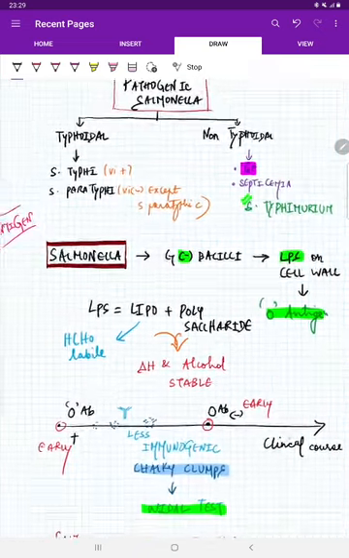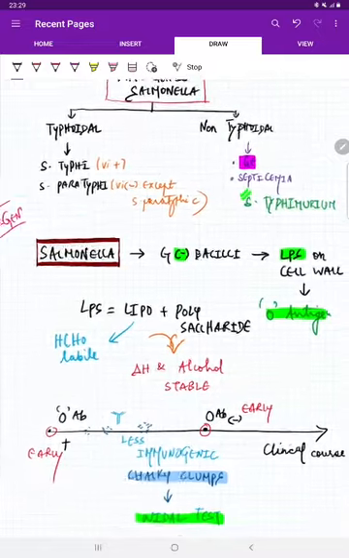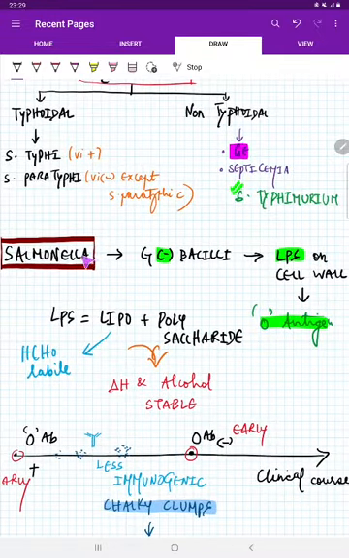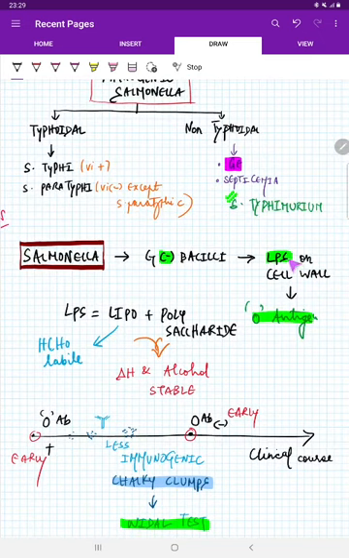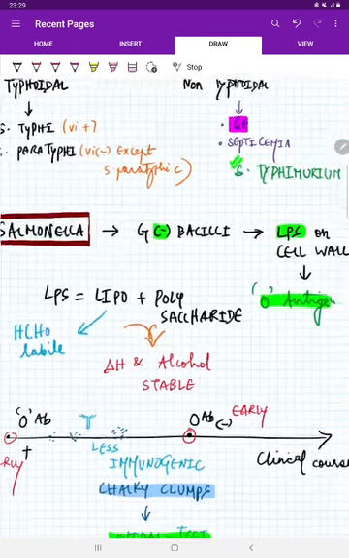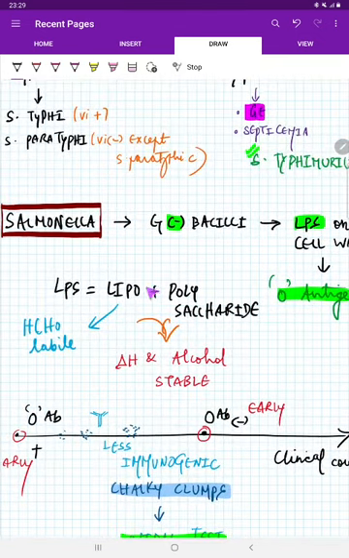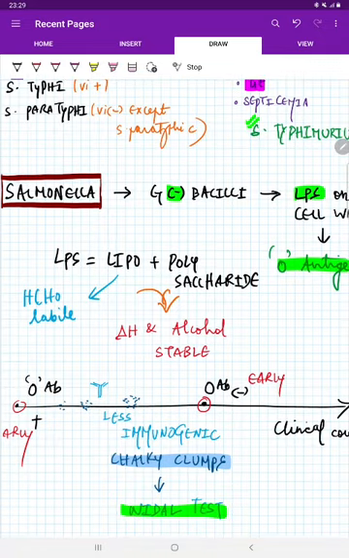Now we come to the antigens. Basically, Salmonella is a gram-negative bacillus by gram staining, as we know. The specialty of gram-negative bacteria is that they have abundant lipopolysaccharide on the cell wall. This lipopolysaccharide is what we mention as the O antigen. Now, we know it is lipopolysaccharide, so it has a lipid component and a saccharide, carbohydrate, component, right? Based on these lipid and carbohydrate components, we are testing. It is labile to formaldehyde and stable to alcohol and heat as well.